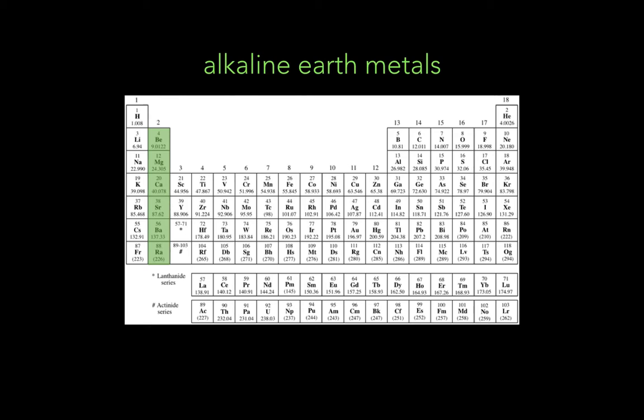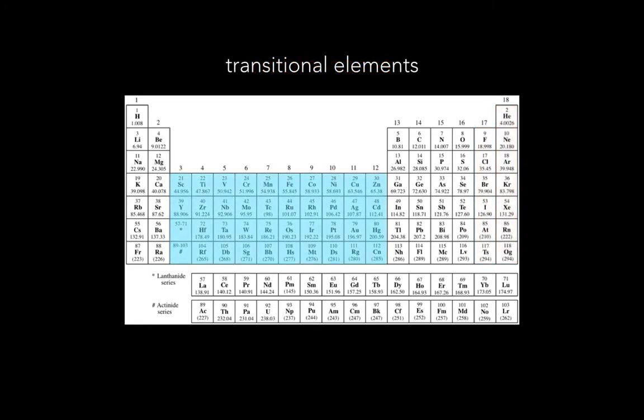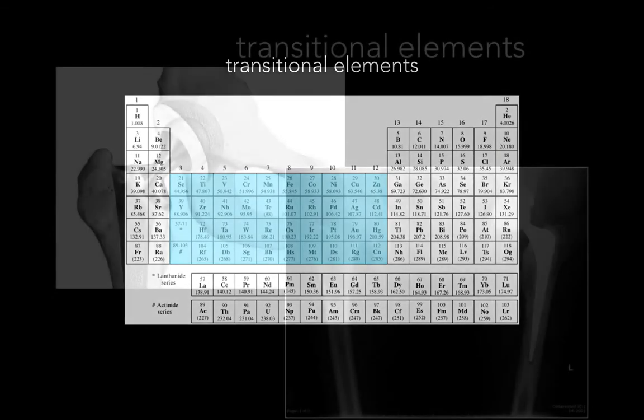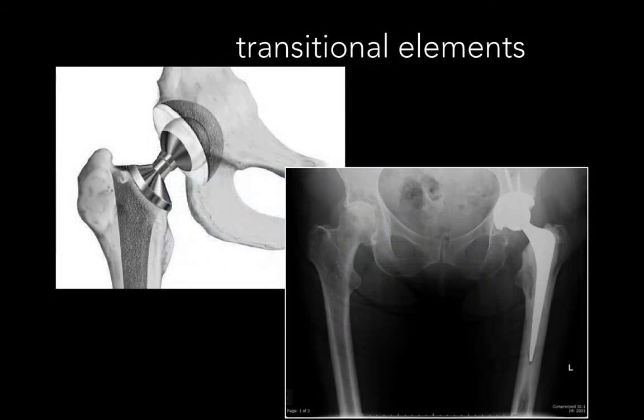And again, each group in the periodic table, as far as the main groups are concerned, has similar characteristics to the element below it. That's why they're called family groups. And then you have your halogens, and then your noble gases. And then you have your transitional metals in the middle. Okay, so your transitional metals are elements like titanium, which is used in hip replacements.